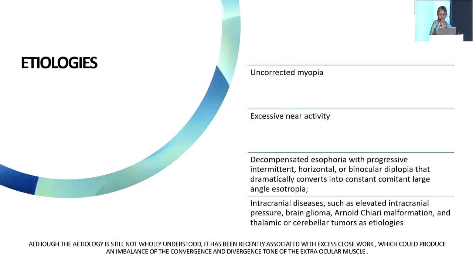Many people with acute onset of esotropia have uncorrected myopia, and it is often associated with excessive near activity. We noticed that there is a decompensated esophoria in a few people. Initially, they may have progressive, intermittent horizontal binocular diplopia that then dramatically converts into a constant large angle esotropia. Sometimes it can also be associated with intracranial diseases like brain gliomas or Arnold-Chiari malformations, and these could be